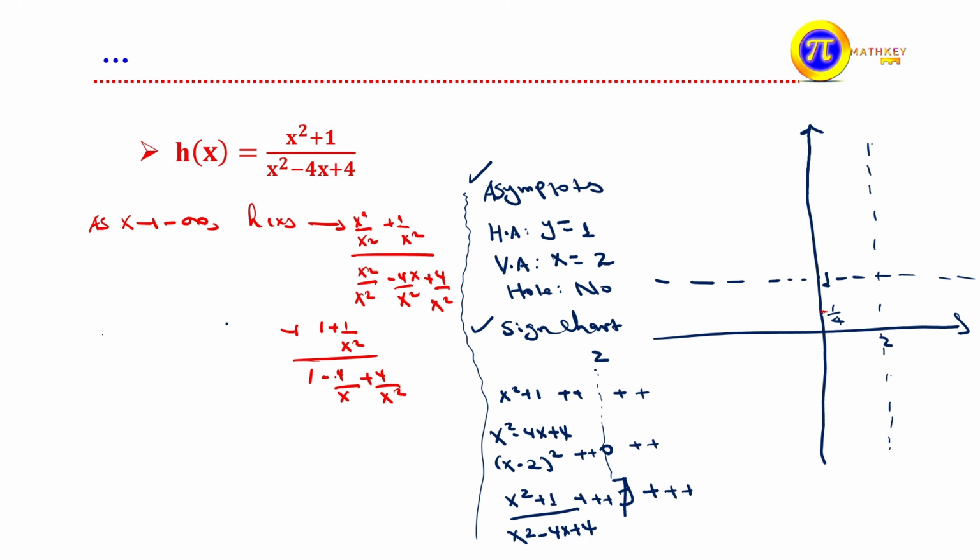ይሄን ኦብዘርቭ ስናደርግ while the limit as x goes to negative infinity ይሄ value 0 ይሆናል, this approaches 0, negative 4 over x also approaches 0, this also 0, yes this is approaching 1 ይሆናል so after arriving here at 1 over 4 ከሆነ በኋላ it goes to approach 1 ወደ 1 approach ያደርጋል ማለት ወደ 1 approach ያደርጋል